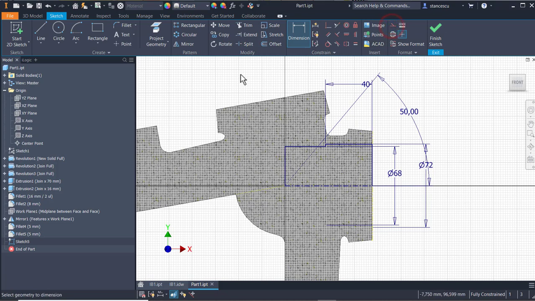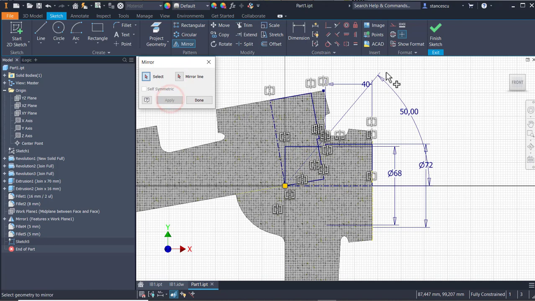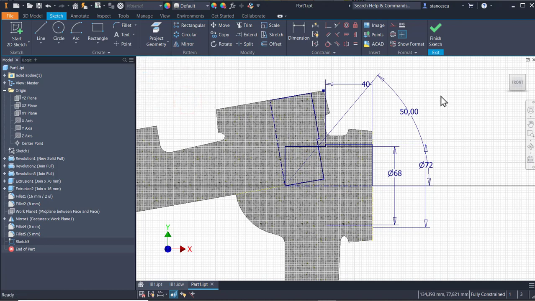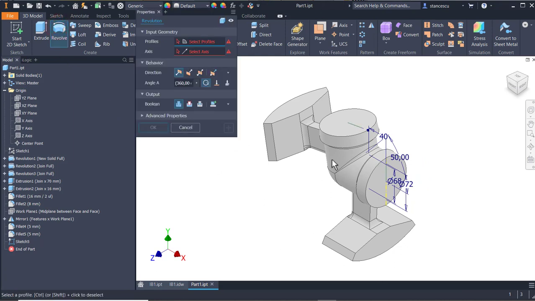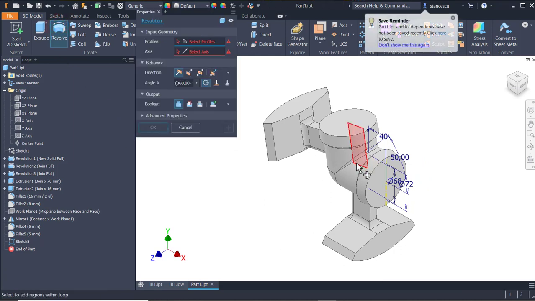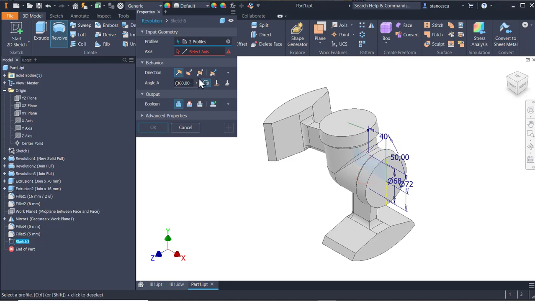not construction, and mirror of everything about this line. Apply. Done. Done. Finish sketch. Revolve. This area. This axis, cut,